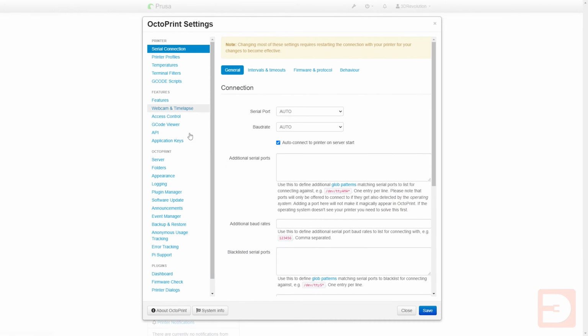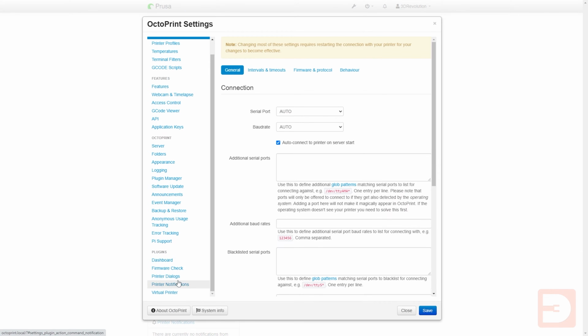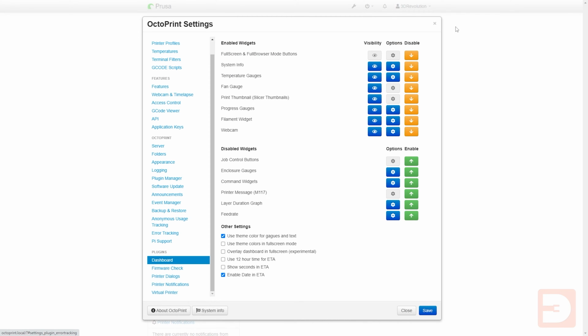If you go up to the settings for it, so if we come down to Dashboard, here you'll find other settings you can apply. So everything in this first section are details that we've got applied to our dashboard, but down here are other features you can add as well. So you've got your job control buttons that are like play and pause your prints, etc. And a variety of other ones, and then some options down here.